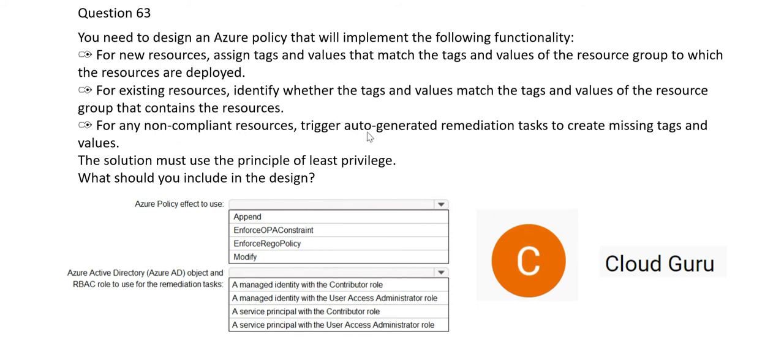So you have to trigger a remediation task automatically to create missing tags and values. So in here, since this has to be done automatically, auto-generated, a managed identity is better than a service principal. The managed identity is actually a service principal but without hassles.